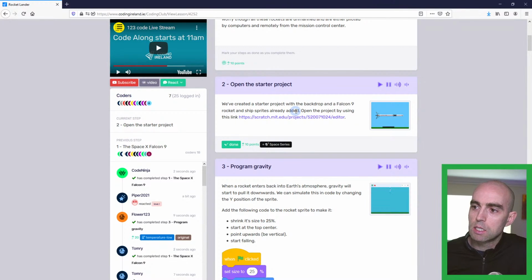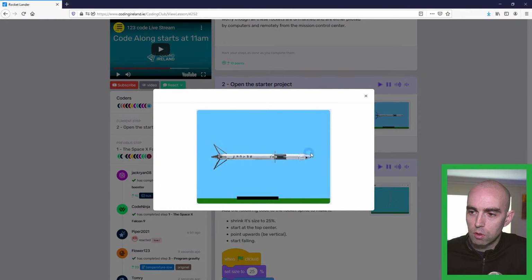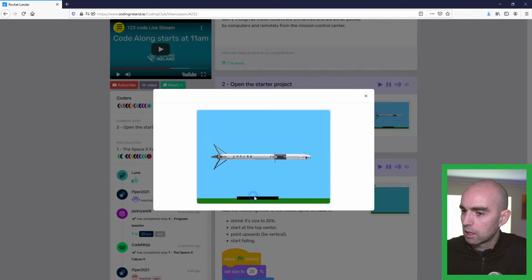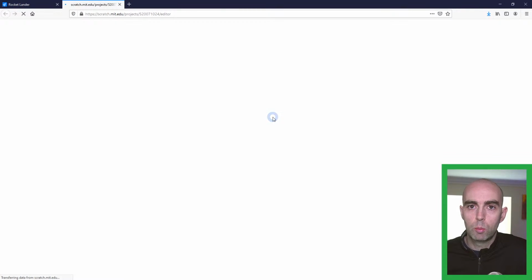So it has the backdrop added, it has a sprite for the SpaceX rocket itself, and then it just has a very simple ship, which is just a black rectangle. So that's the ship, and that's on top of the sea, which is the green sea there. So if you want to go ahead and click on the link in step number 2, it'll open up the